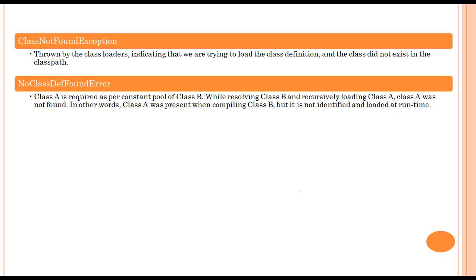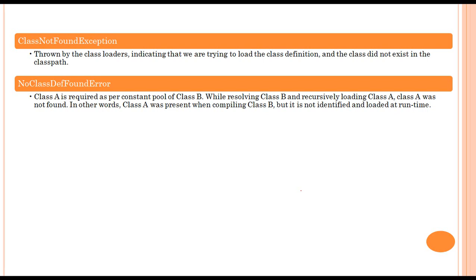But at runtime, when class B was getting resolved, in the constant pool of class B there is a reference to class A, and now it's time to load class A into memory. And let's say for any reason A is not present, and it is not able to get loaded into the memory. So at that particular stage, the JVM will throw the NoClassDefFoundError, and the cause for that particular error would be a ClassNotFoundException.